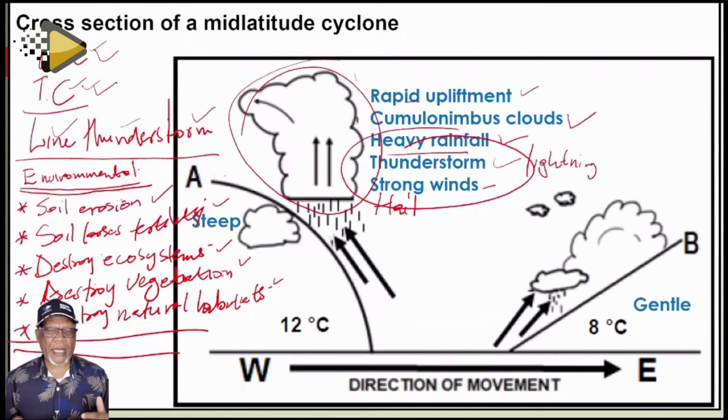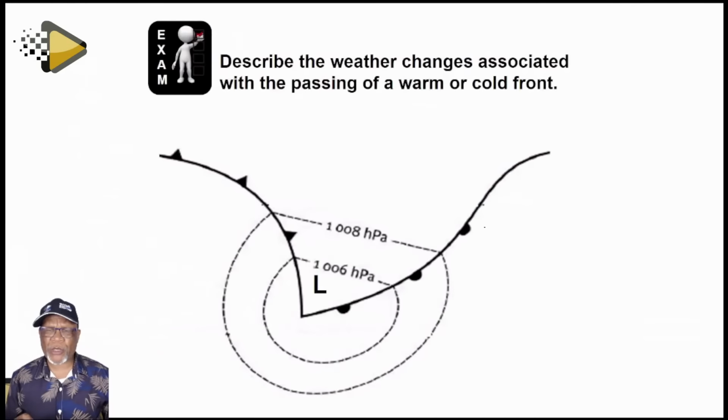You cannot say line thunderstorm. Make sure that the water is full. There is nitrogen fixation. That is positive impacts. Be careful what the question wants and only respond to what is being assessed. Now let's quickly look at